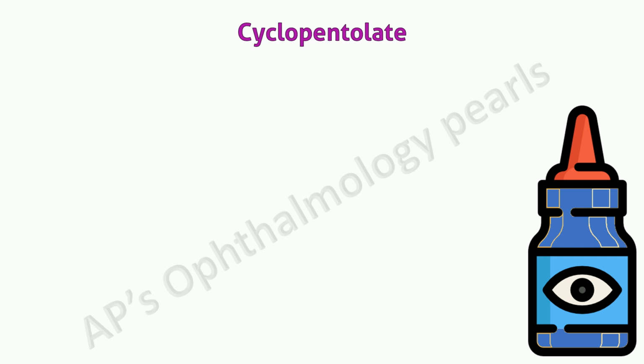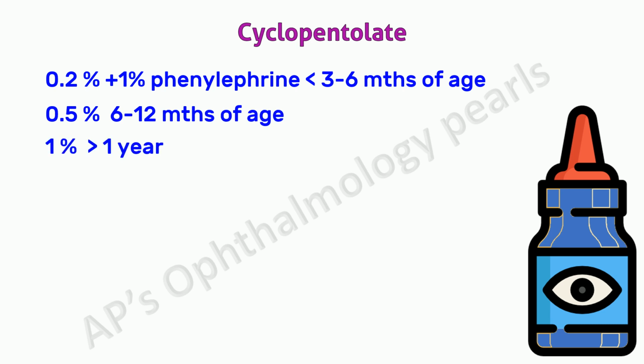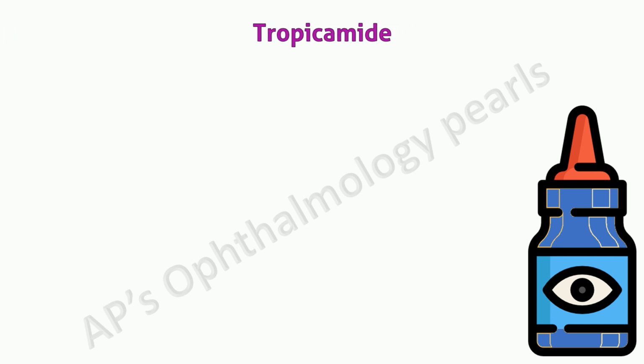Today, its short duration of action and degree of cycloplegia next only to atropine make cyclopentolate the cycloplegic of choice. In very young children, including premature infants, 0.2% cyclopentolate along with phenylephrine is advocated. 0.5 and 1% are used in older children. It is instilled as 1 drop 2 times 5 minutes apart. Retinoscopy is performed within 1 hour after instillation and its duration of action is 24 hours.